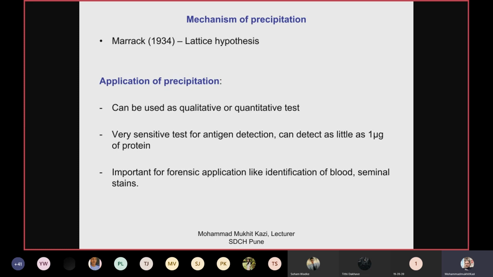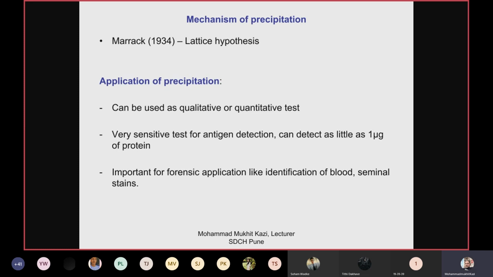So the qualitative test is useful for screening. Yes or no, positive, negative, reactive, non-reactive. But if it is present, we must perform the quantitative test, which will tell you the exact number of antibody, the titer, which will tell you whether it is a true titer or a false titer, whether it is a significant titer or an insignificant titer. It has to be done when you get the qualitative test positive.